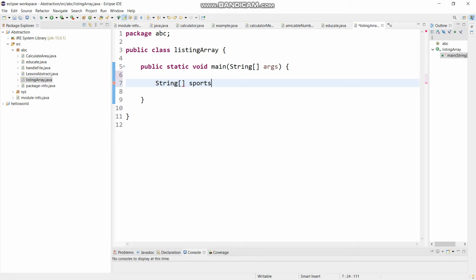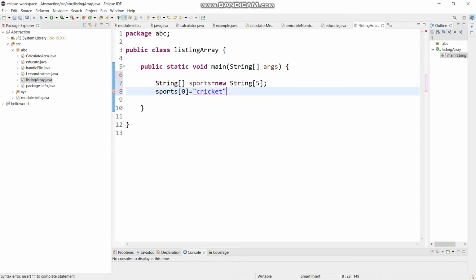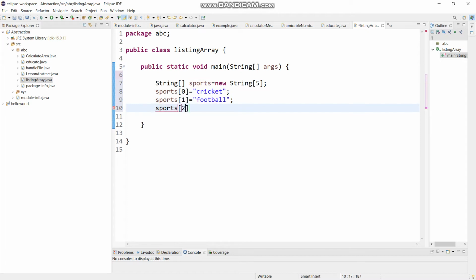Inside it we are creating a String array with the name sports equals new String with 5 items. The first item starts from index 0, because the index of an array starts from 0. So the first element is cricket, because we have taken sports. Then the second is football, and the third is basketball.